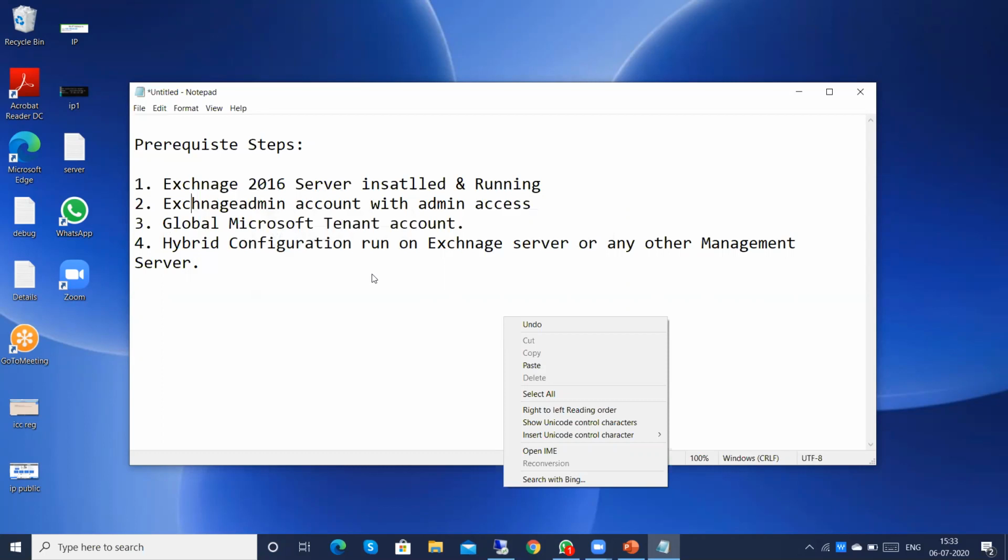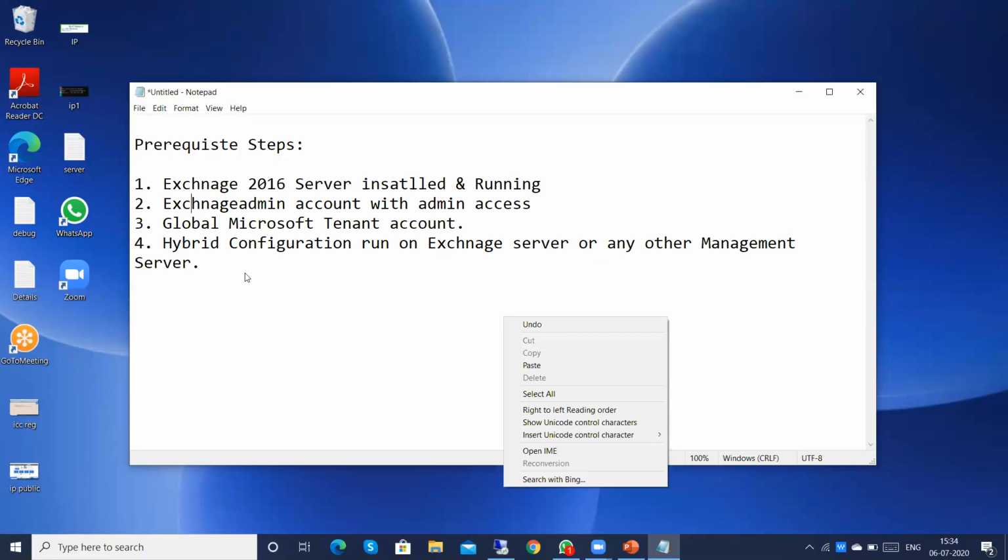Once you get the tenant with your company name or any other name, then you require one management server, or you can run it on the same Exchange server also, but it is recommended to run the hybrid configuration on another server.